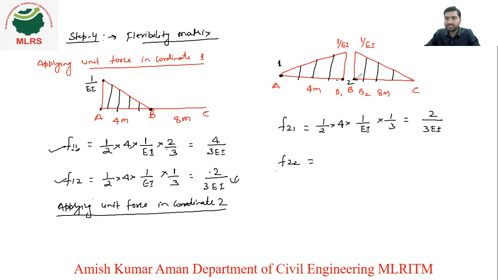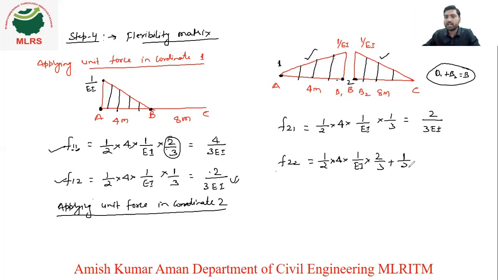These two, if we add B1 plus B2, then only we will get B. Means at this point, and for this point also, we need to consider this area as well as this area. So first we will see for this area: half into base into height is 1 upon EI into, here only we are calculating, then it will be obviously 2 by third. See here, I have given you 2 by third. If you are calculating at this point only, 2 by third plus this area.